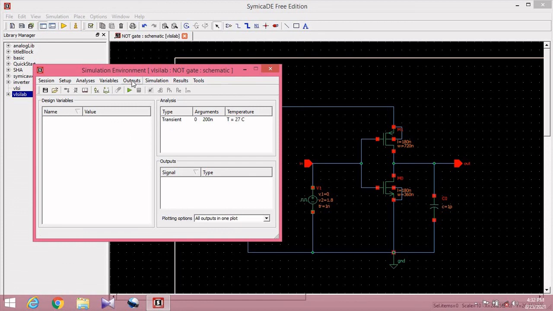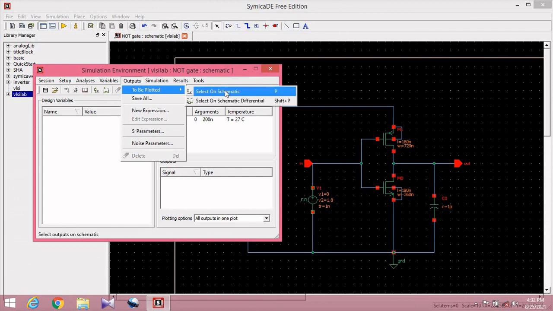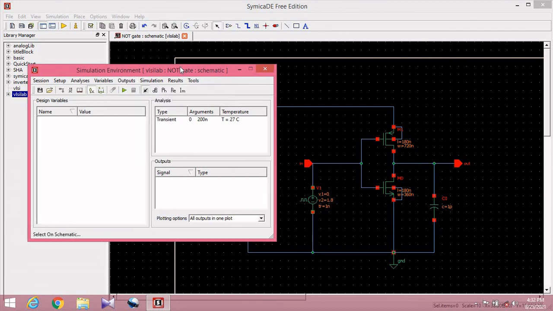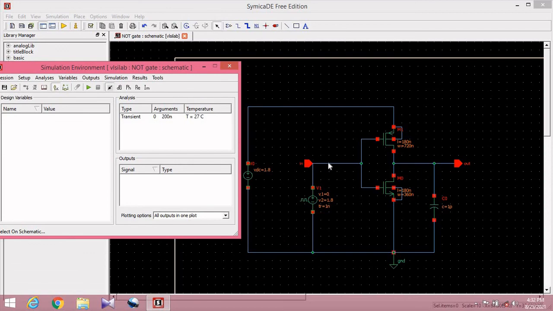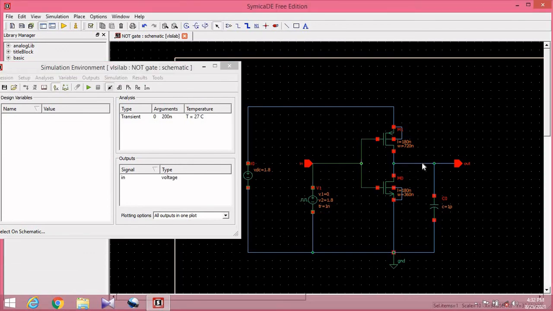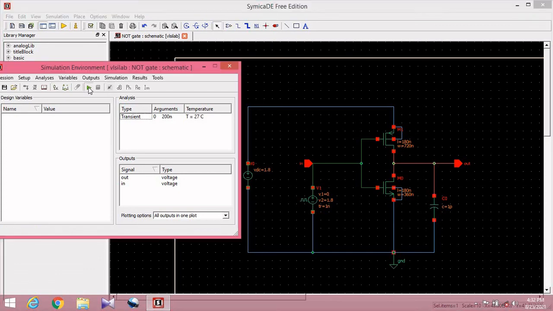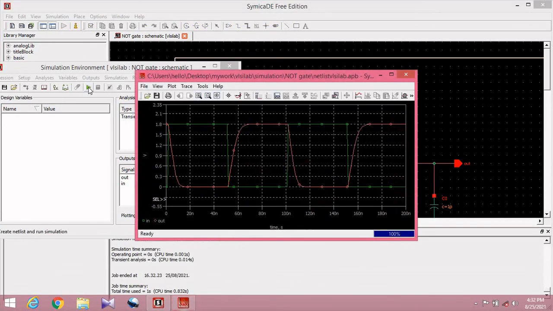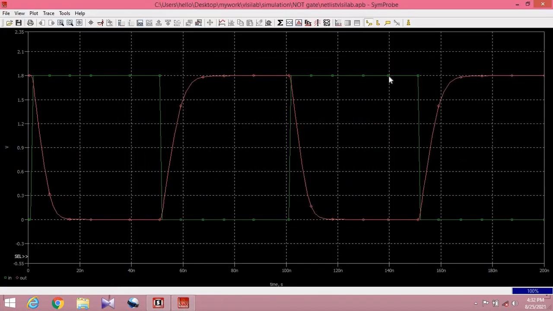Now we want outputs, so click on outputs to be plotted and here select on schematic. So we will select input and output. You can see here that output and input are selected. Now click on run. So here we got the output.